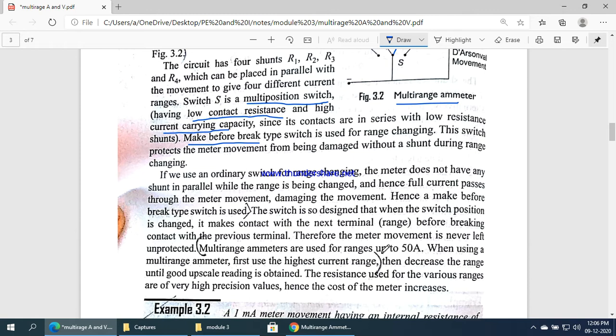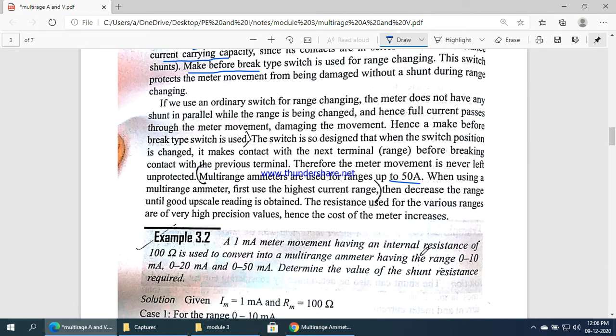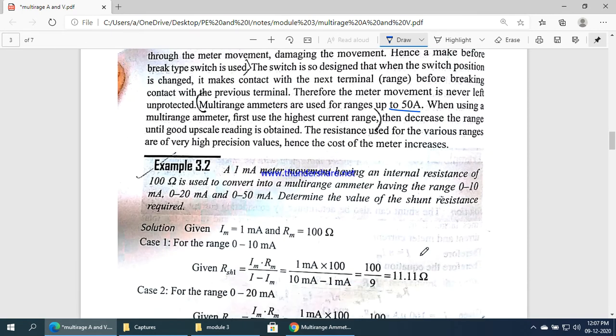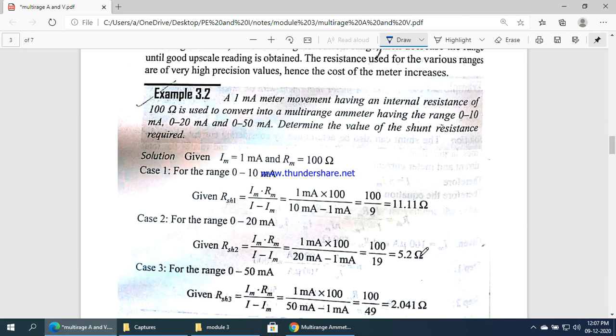So here it is used up to 50 amps. So this is the theory of this multi-range ammeter. So now we solve the problem on this particular topic, multi-range ammeter. So here a 1 milliamp meter movement. So wherever a meter movement is mentioned, that is nothing but a